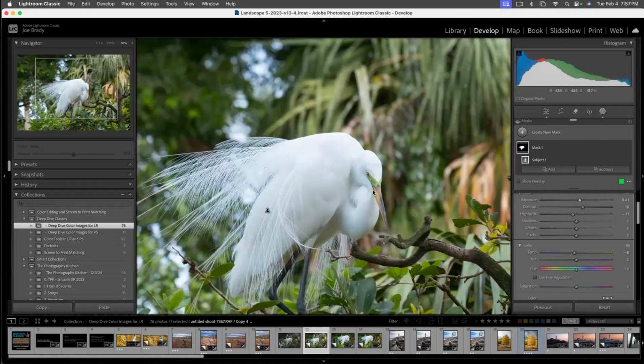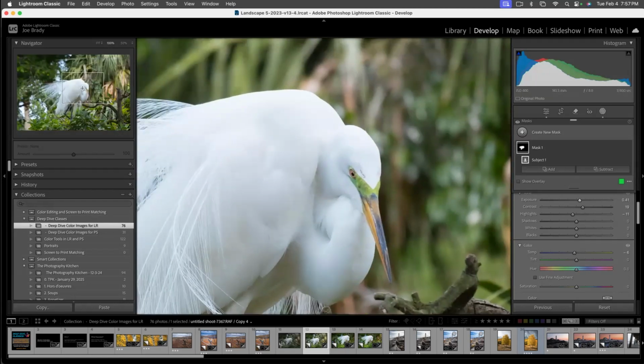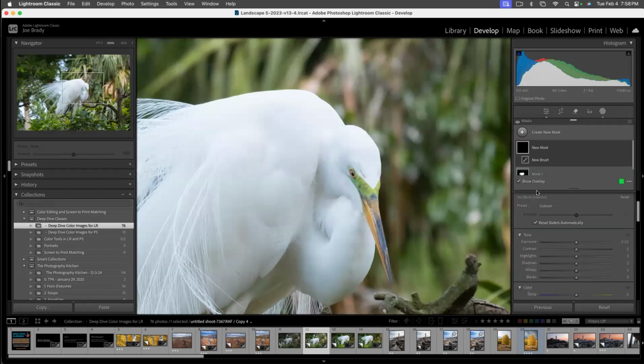While I'm at it, the other part I really want to pop on the bird is the beak, the beautiful green on there. So let's go ahead and zoom in to 100% so we can get in close. I'm going to hit K. Since we're not doing real selection tools tonight, I'm just going to tell you the shortcuts I'm using. I'm just going to hit K to get brush and make sure that my auto mask is on, which it is. And I'm going to select,